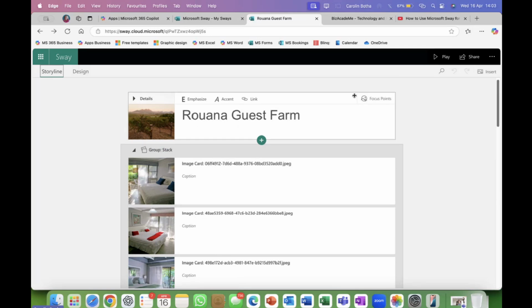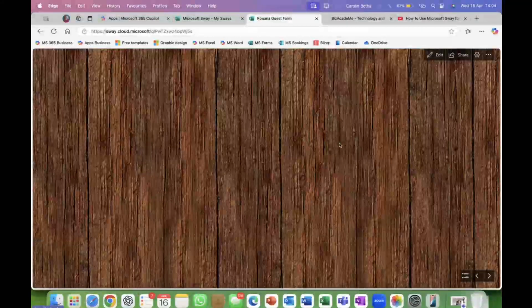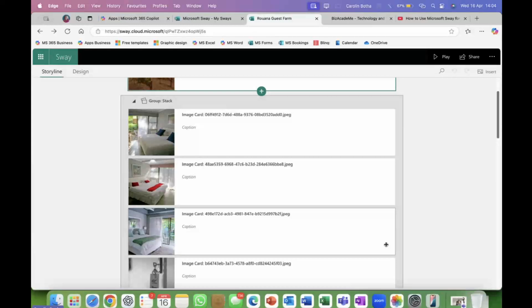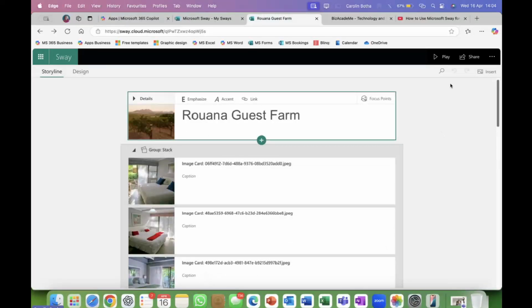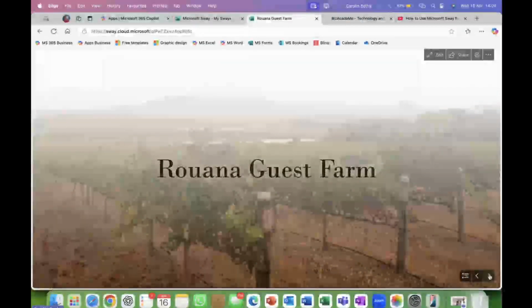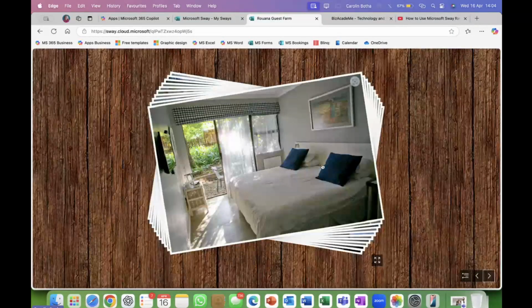When you've created it, you click on play, and can you believe what you've just seen? This is what it will eventually look like. Let me show you again. These are the building blocks, and this is the result. This is in a presentation format, and I'll mention the 3 formats in a moment. This is the stack of pictures.